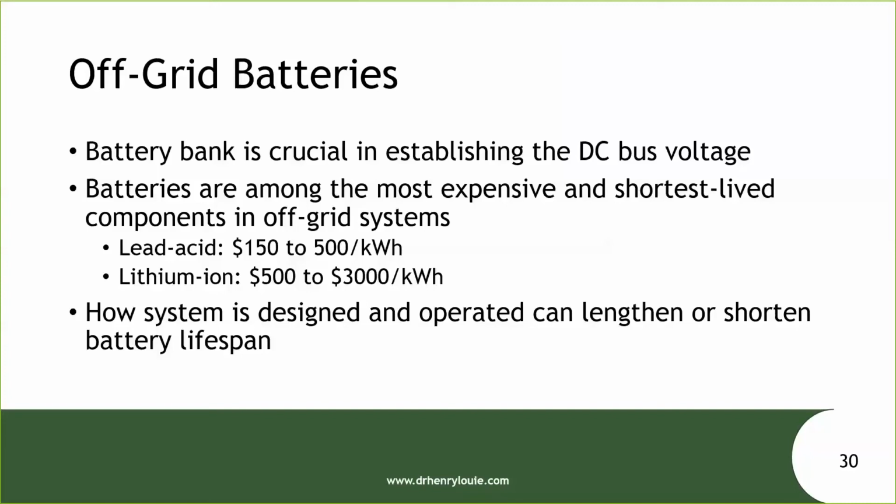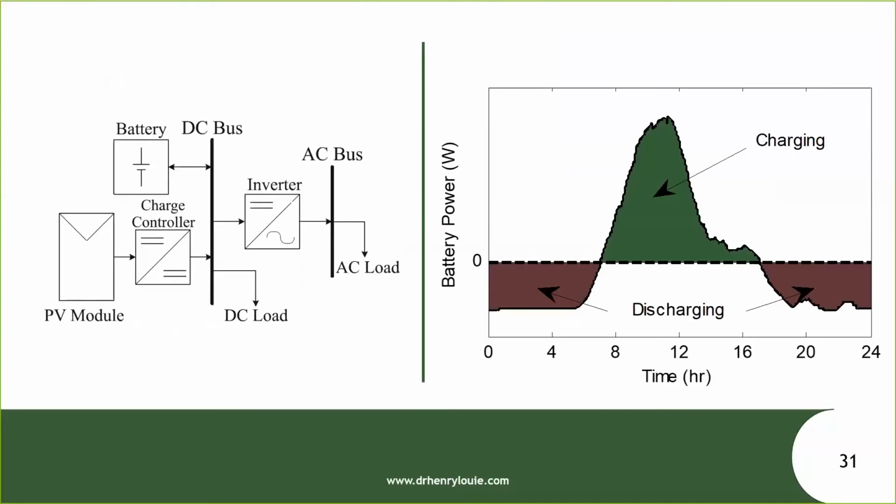So we have some systems that we installed 3 to 5 years ago, and those batteries are starting to show signs that they need to be replaced. That's about how long, in my experience, these lead-acid batteries will typically last. So here's an example on the right of the flow of power into and out of a battery. During the day, the battery is getting charged, and then overnight, it's going to be discharging as people like to use electricity at night. So the battery is providing a buffer between when the electricity is produced by the PV module and when it is consumed by the users.